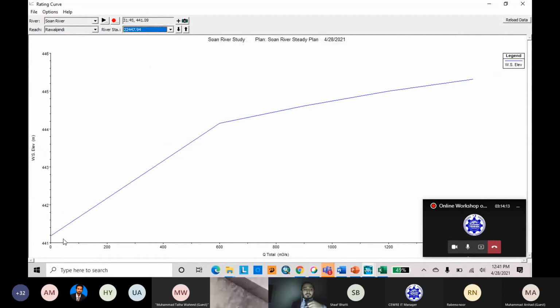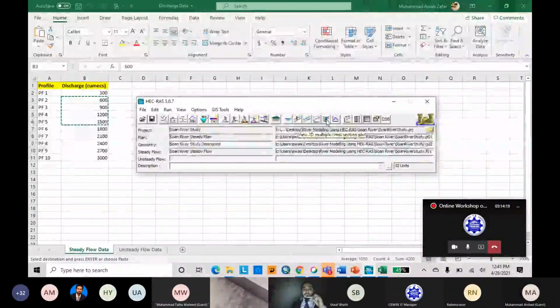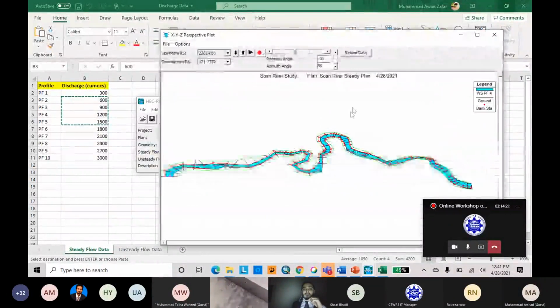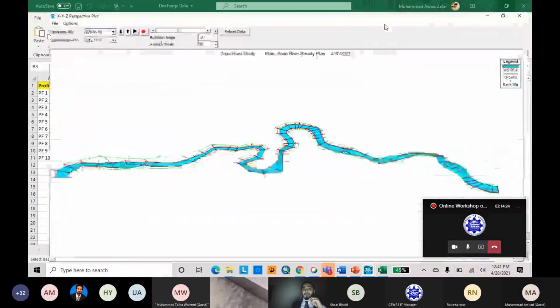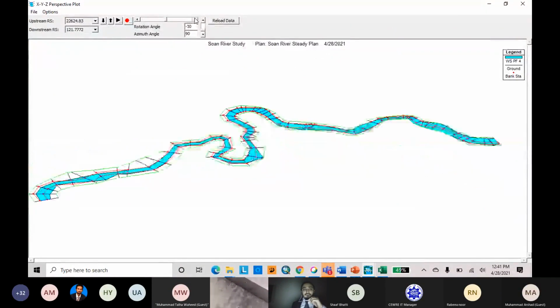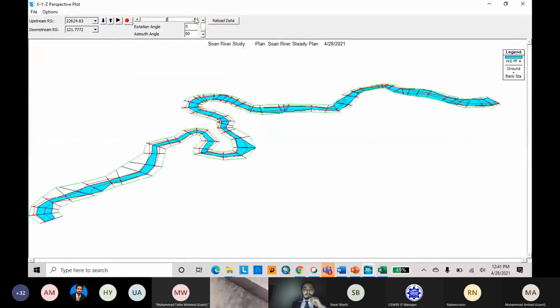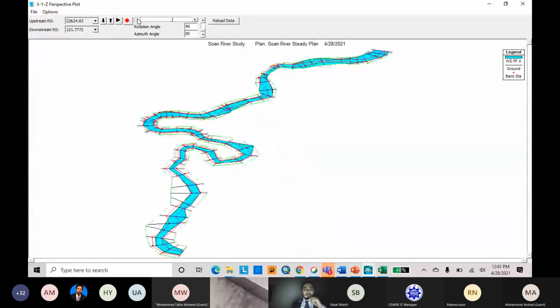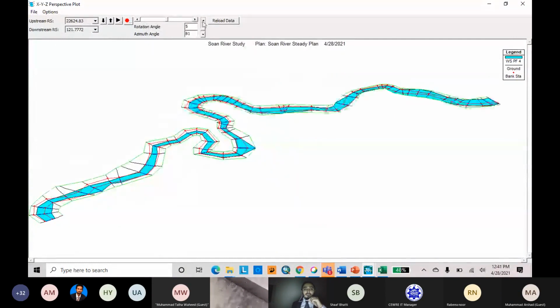You can see that when PF1 hits, PF2 hits, what will be the condition of the water surface elevation. These are the 3D views of the cross section. You can rotate according to your ease and visibility.